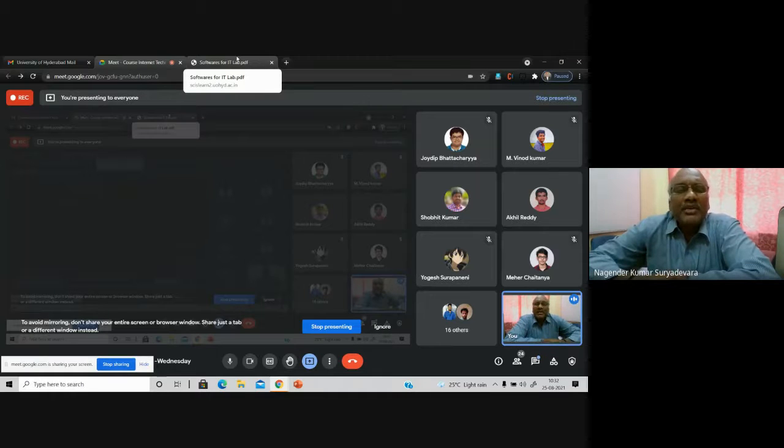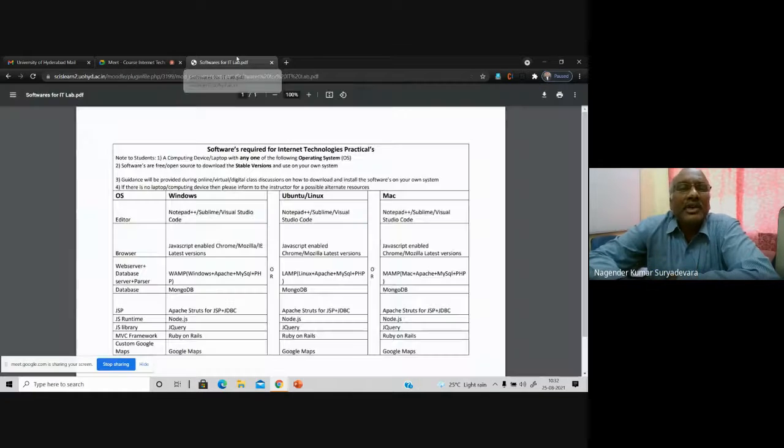So please, I request, I will give the software names, tools and technologies that need to be installed by you, and keep it ready. This is what I just prepared. Those who have a Windows operating system on their laptops or desktops, you need to install those particular softwares. Those who have Ubuntu or Linux flavors, any other SCO Unix or Red Hat Linux, it's up to you.